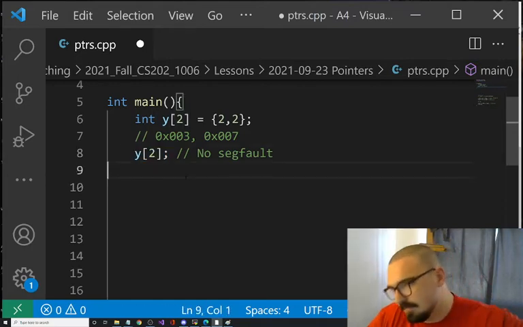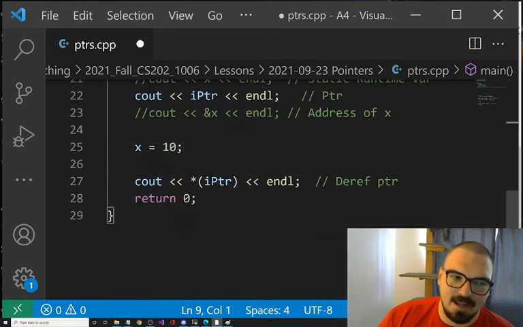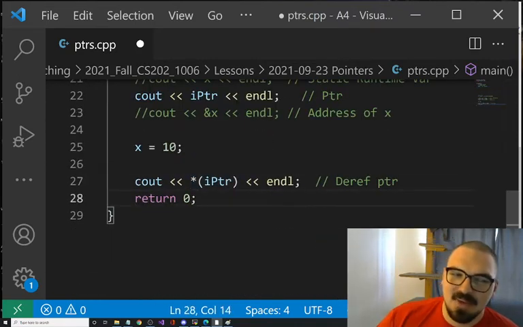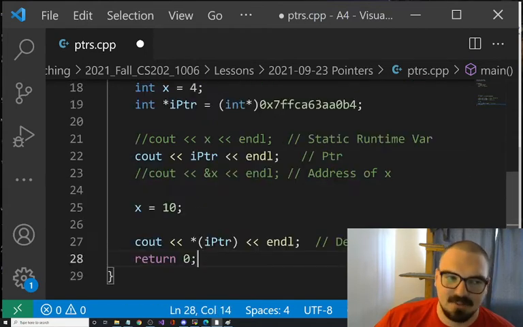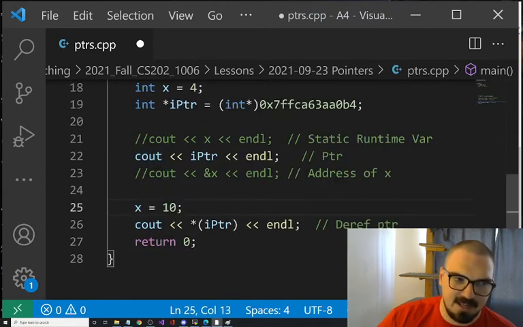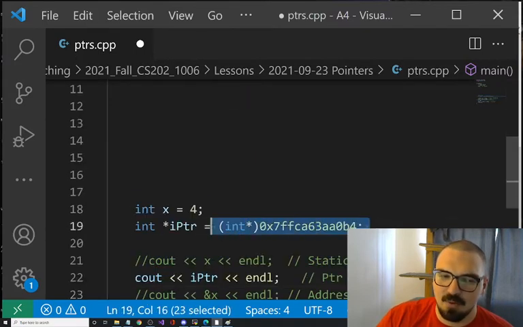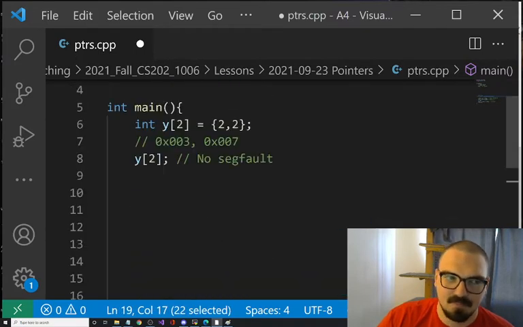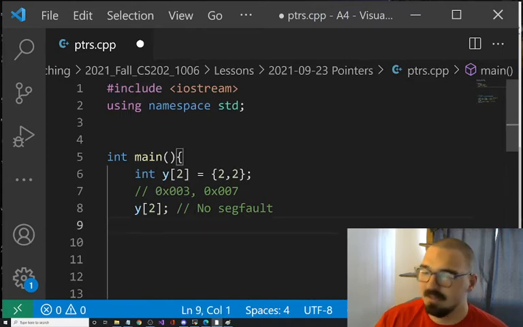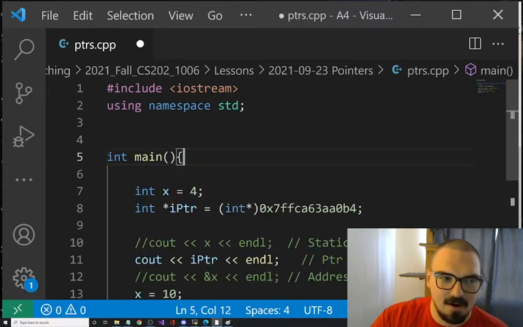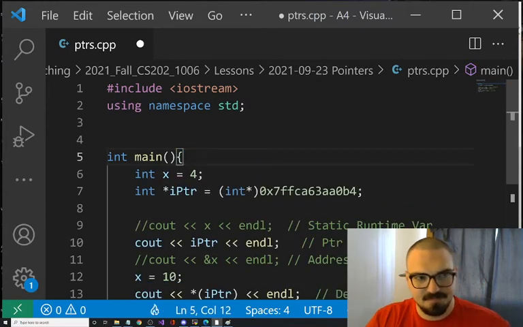I don't know if I'm disappointed or not. You can't expect it to do that every time. That's all I'm saying. Do you guys understand what I'm saying? The behavior is undefined. And you should never really try to do this in your program. All right? Sometimes it'll seg fault. Sometimes it won't. You just have to be aware of what you're doing.